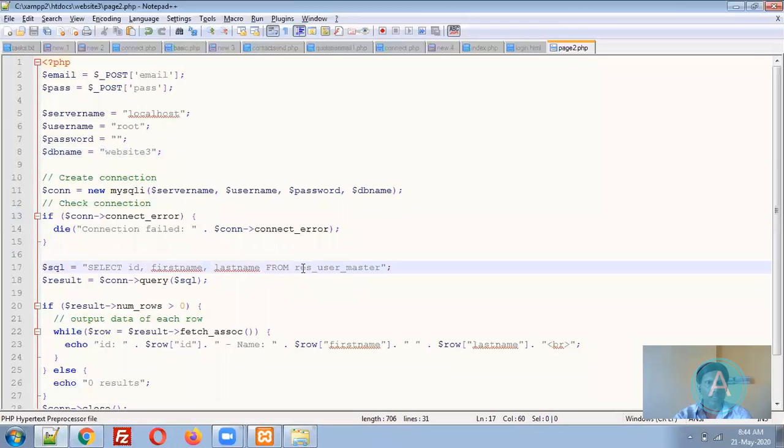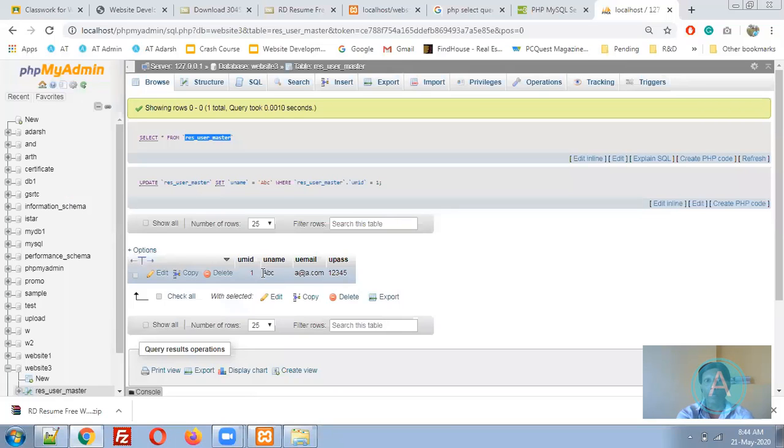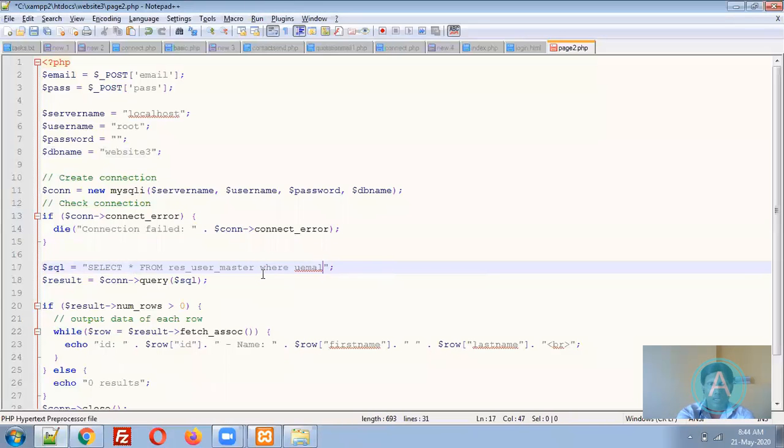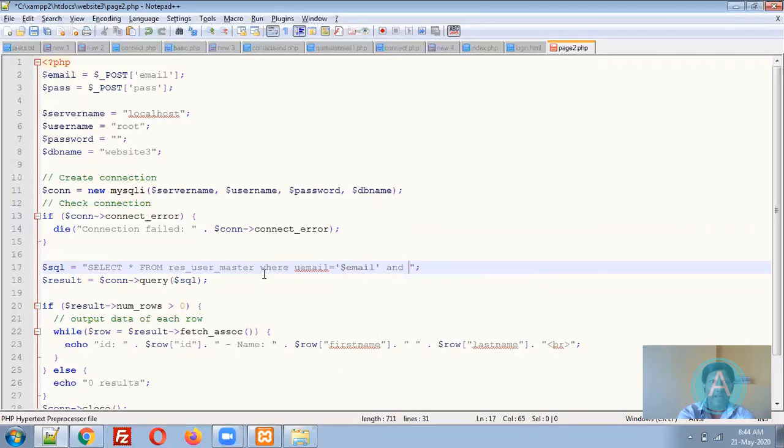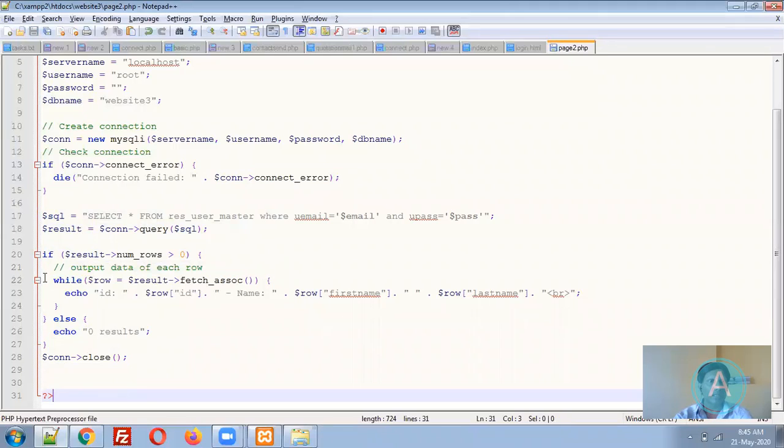So I am using this: select star from user master, where my field name is uemail. Uemail is equal to single quote because it is a string, $email, and upass is equal to $pass. So it will fetch these things.